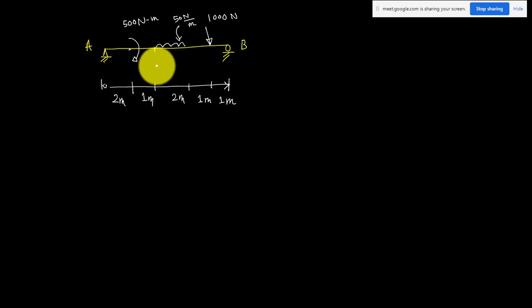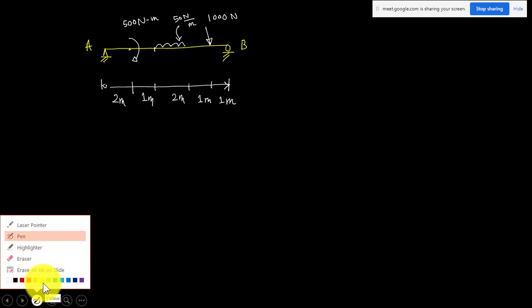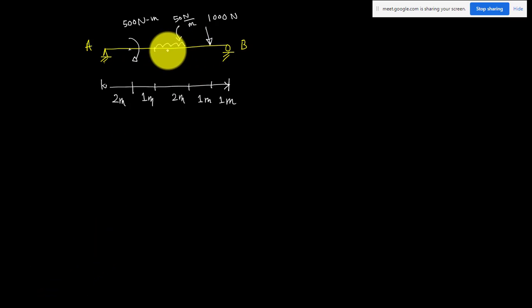You can solve it by the double integration method, but that will be very lengthy, very confusing, and not that easy. You have to do a lot of calculations. So the first thing you have to do is, if we have a UDL acting on some part of your beam, you make it continuous. This UDL is starting from here, so simply we'll extend this UDL till the end of your beam. We will understand what benefit we get by doing this. So now I added some UDL here, so now it is continuous.